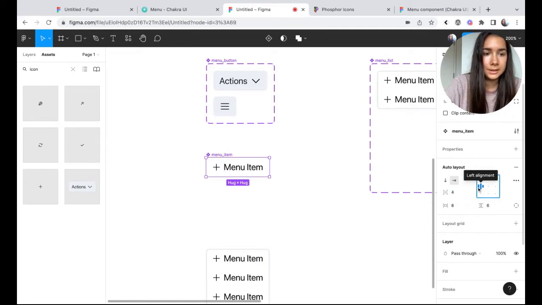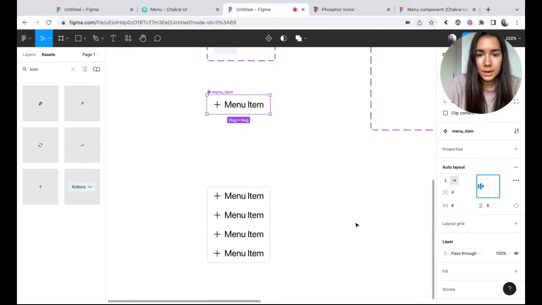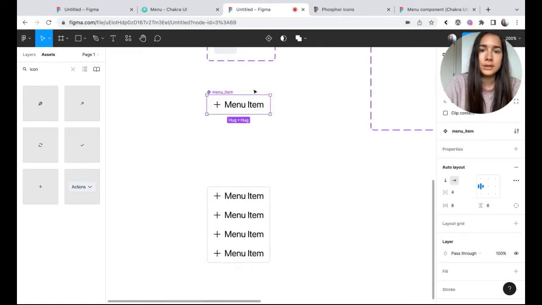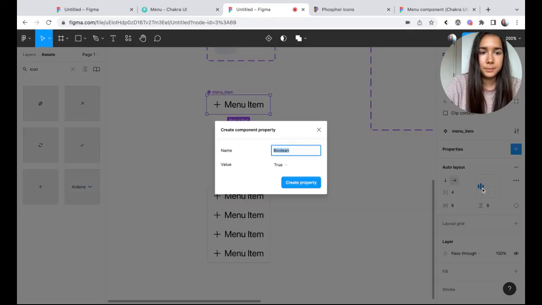It's center vertically aligned. And now we're going to create our first property for the menu item component, which is going to be a Boolean. We'll call it icon, and we'll actually set it to false